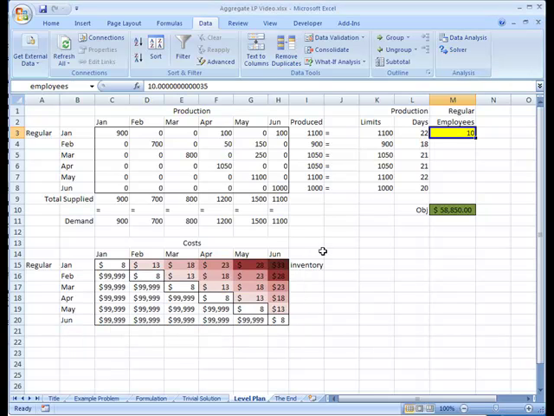Now this is what we're really looking for in a level plan. We have a fixed number of employees, a whole number of employees. They are working full-time all the time, so their production matches their limit. And some months we use it all immediately, and other months, like, let's see, where's a good example? Right here. So this month, May,